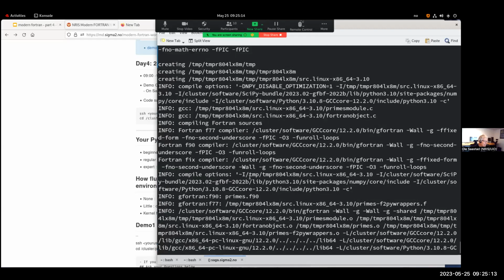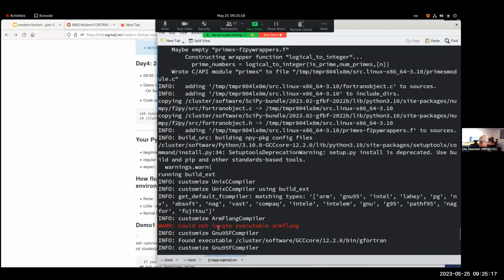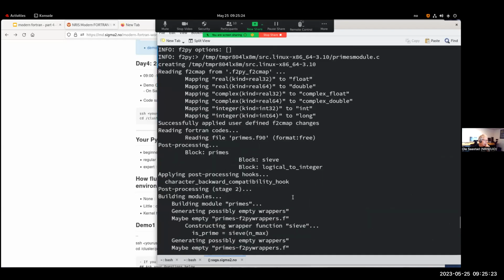It doesn't say anything that it didn't work. There's a lot of strange things, and especially this red one, but we don't have the ARM F language installed, so it's no big deal. You see